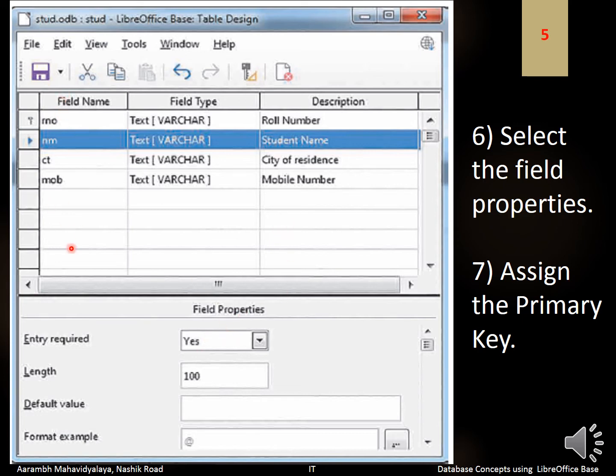Depending on the field, these properties will change. You got this? You have to provide the field name, you have to provide their data type, and then provide the description of this field name.